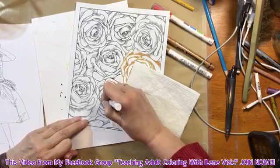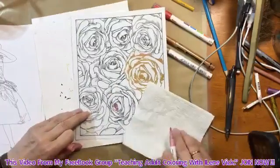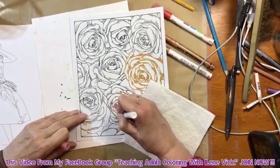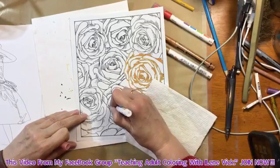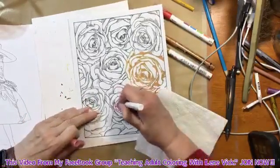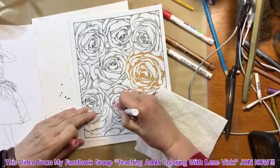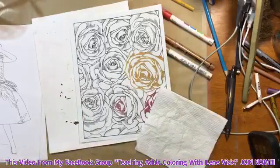And if you want to use gel pen to do this, which would look absolutely fabulous, do it in gel pen. And if you had the patience for it,